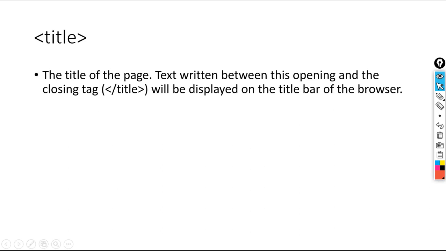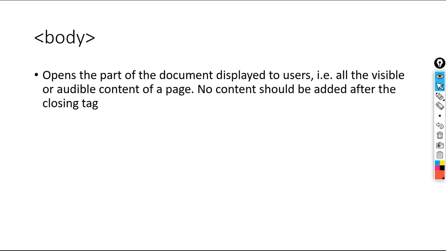Now, title. The title of the page. Text written between the opening and closing title tags will be displayed on the title bar of the browser. So it will be the title of the HTML document, and it will appear in the title bar of the browser. Now the body section opens the part of the document displayed to the user.